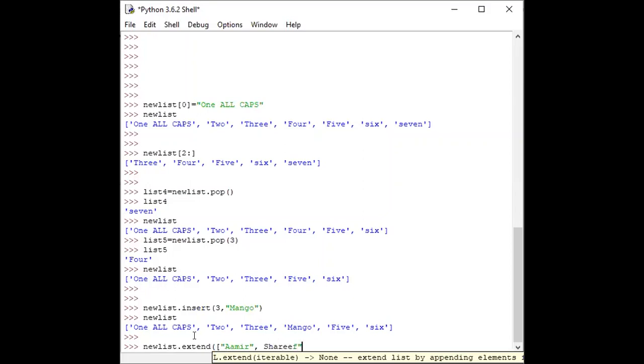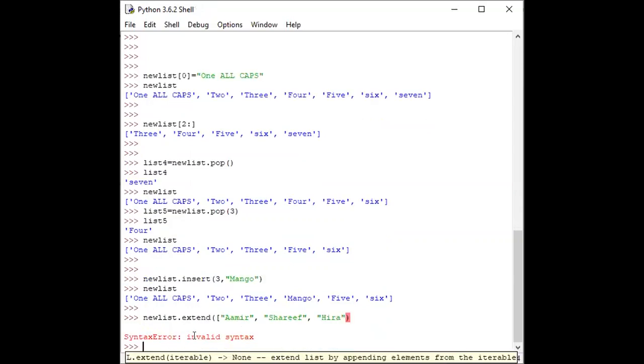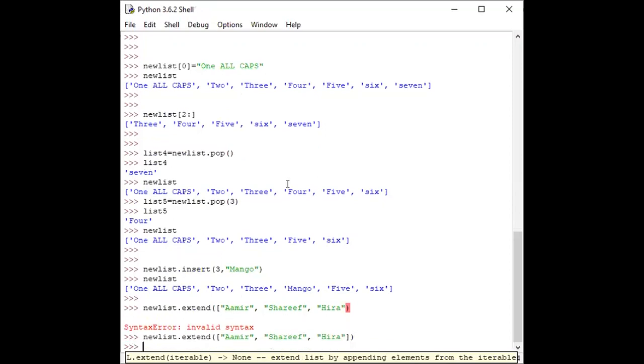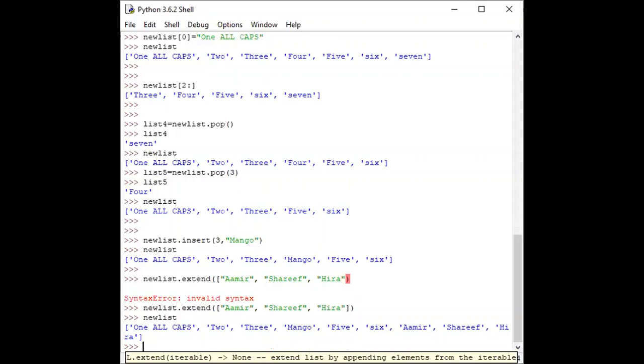For example, these are all strings, and for example Hera. Sorry, I forgot to close the list. Okay, this is the new list, and now I call the new list, and we will check here.